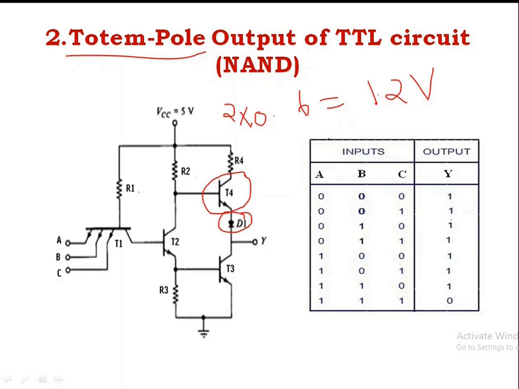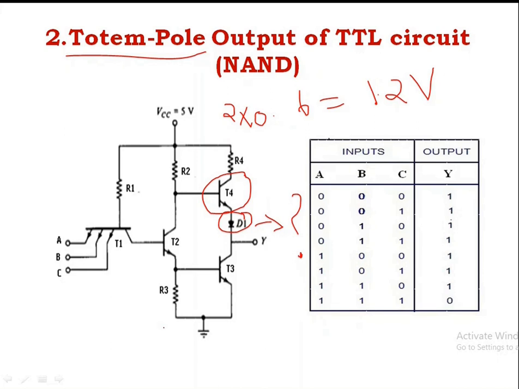This starts conducting. Since the collector of the second transistor is connected to the base of the fourth transistor, the latter voltage is 0.9 volt instead of 1.2 volt. So Q4 will be in cutoff. The reason for placing the diode in the circuit is to provide a diode drop in the output path and thus ensure that the fourth transistor is cut off when the third transistor is saturated.